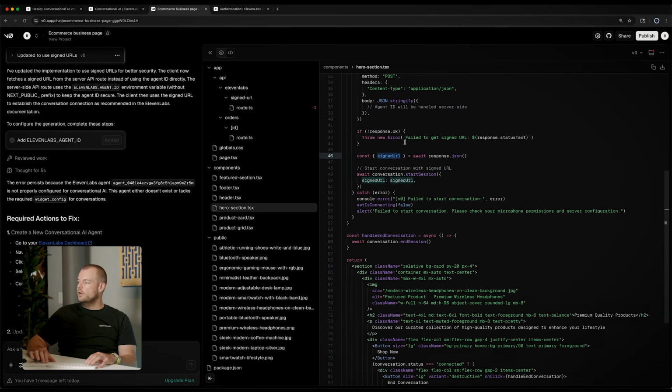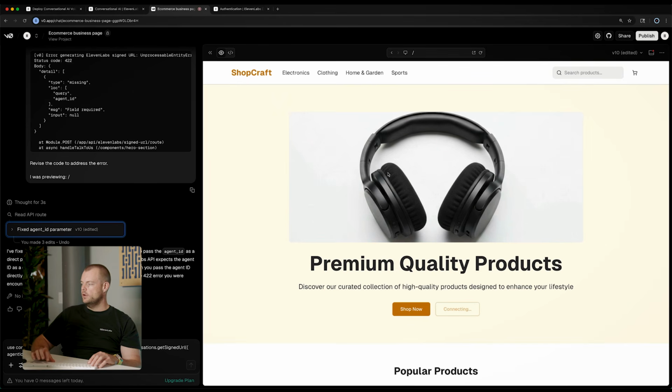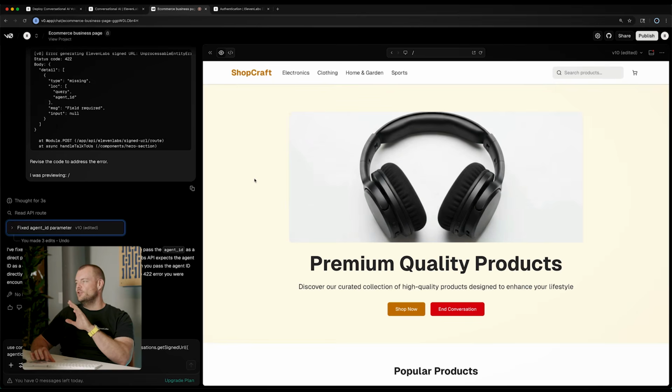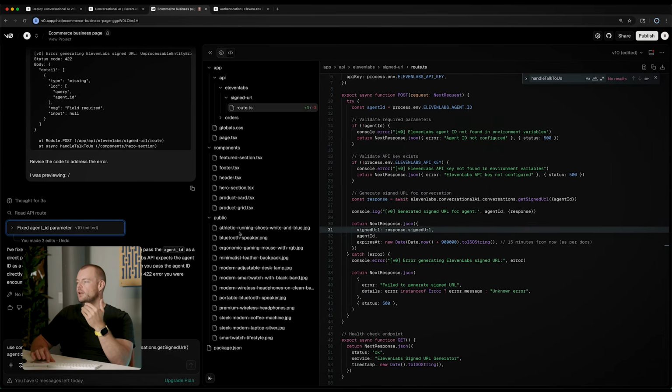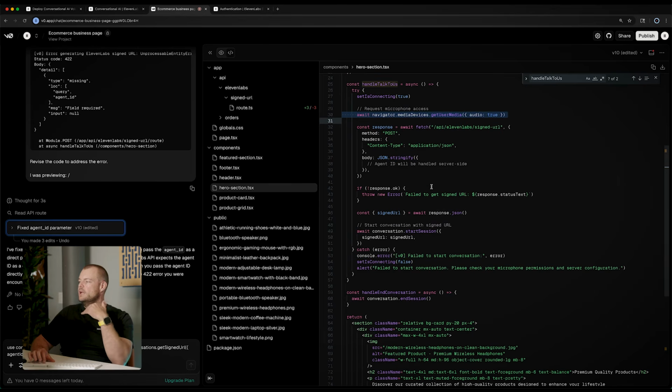We're getting our signed URL out, and then we're starting the conversation here on the client side with this short-lived signed URL. And so now if we switch back to our preview and hit talk to us. Hi there. I can help you track your order or answer questions you might have. We will generate the signed URL, return that back to the client side, and then the client side here will use the signed URL to initiate the session.